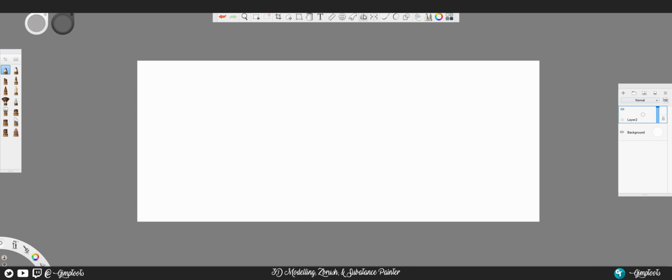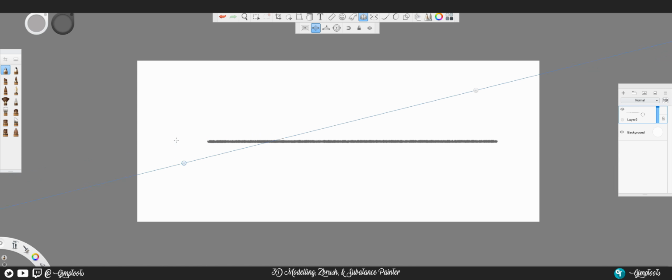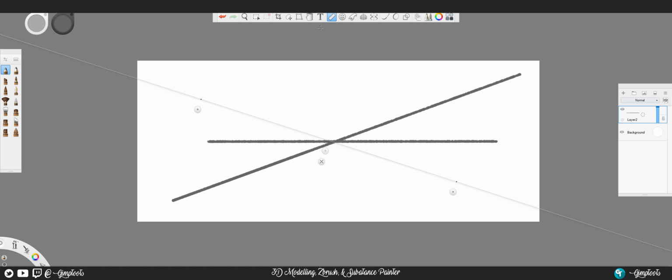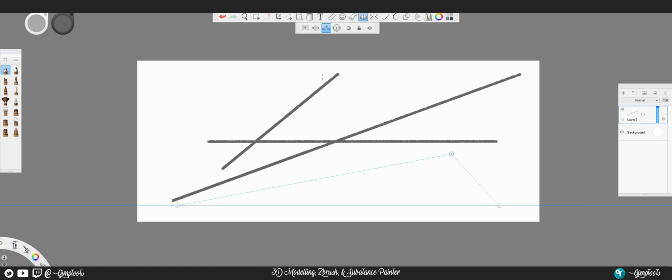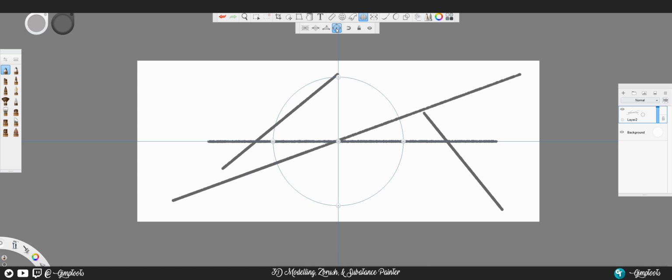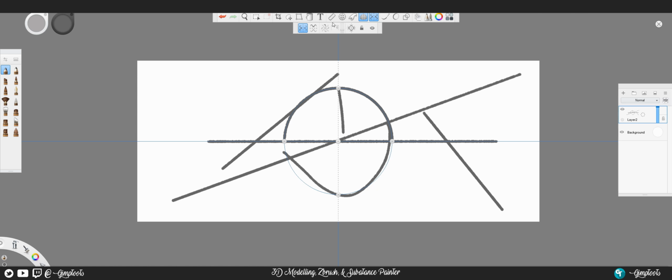Let's see, what's the next tool? So we got more of a perspective guides tool. You got a 2-point mode, and we can move this. Oops. So you just make different perspectives on things. It's just a guide. They got a circular one. Zoom it in and out. Pretty nice. You could do the snapping. You could lock. You could hide it. And the next thing we're going to go to is